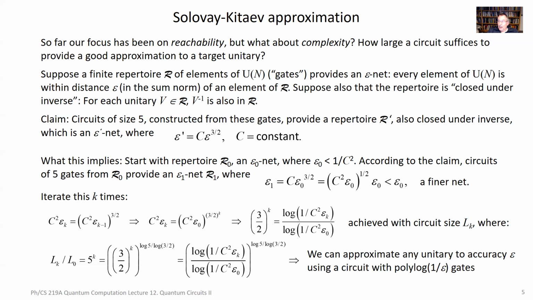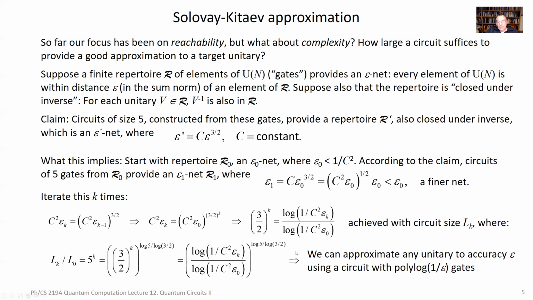The circuit is also getting larger. The recursive procedure is going to blow up the size of the circuit by a factor of 5 every time I go from level k minus 1 to level k, right? Because I need a circuit of size 5, the next level down, to get the repertoire at level k. But that circuit size is increasing only exponentially. Compared to whatever the original circuit size was that I needed to get the original epsilon 0 net, the circuit size for level k of the hierarchy relative to that initial circuit size will just be 5 to the power